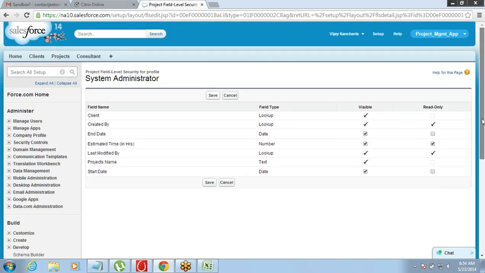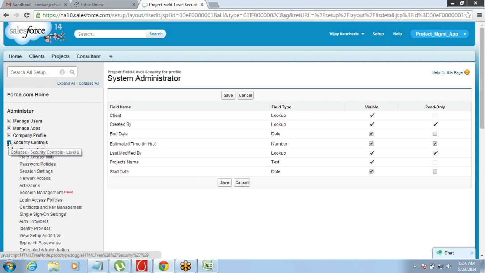Okay, let's see how we define that. For the sharing settings, you need to go to setup, come to the security controls, click on sharing settings.